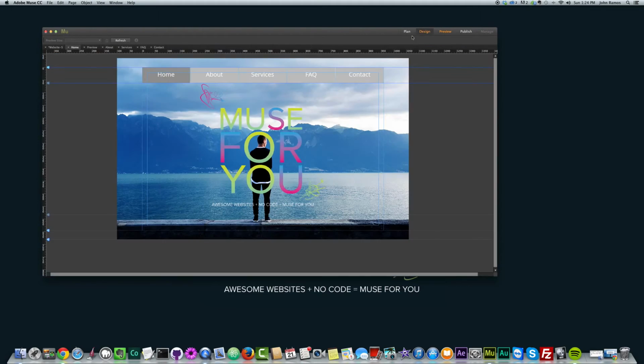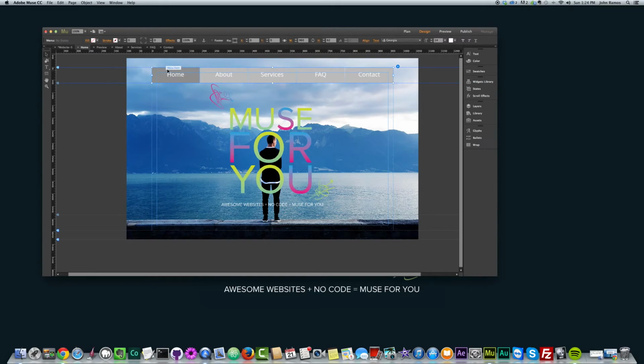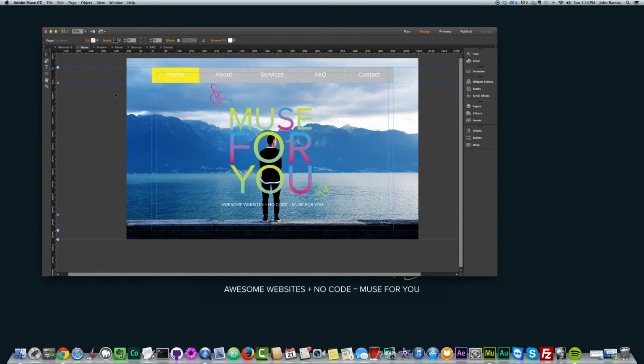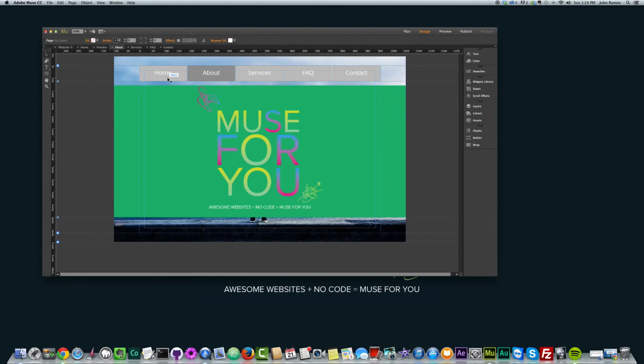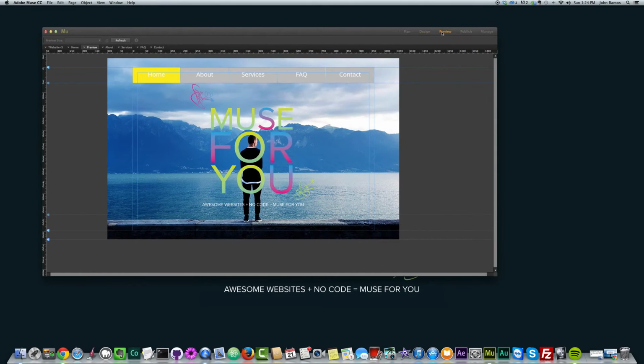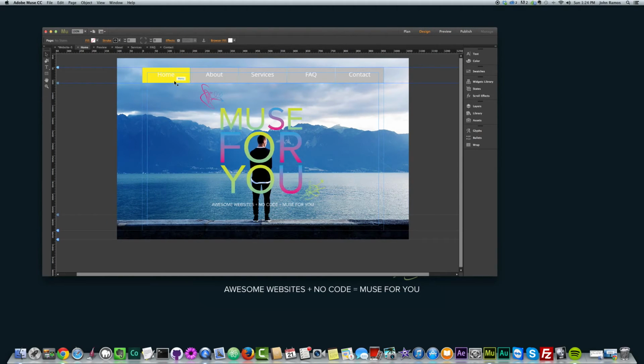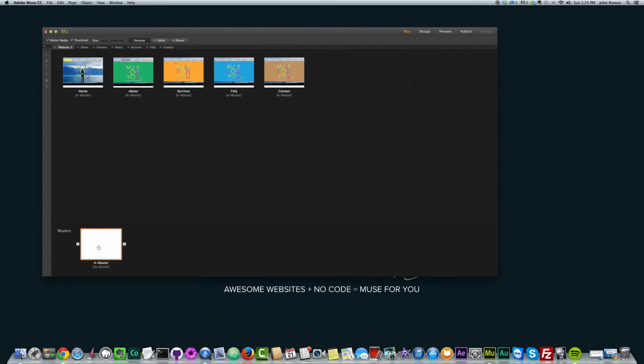Just an example, if I'm on the home page right now, if I were to change the color of this button by going to the fill and changing it to a yellow, and then I go to my about page, you can see that it's not yellow. So if I preview, this button's yellow, but on the about it's not yellow. Not the best way to do it. So the really best way to create a menu in Adobe Muse is to put the menu in the master